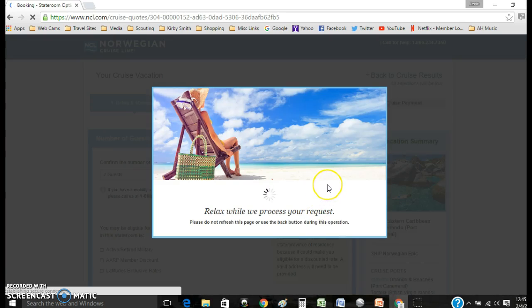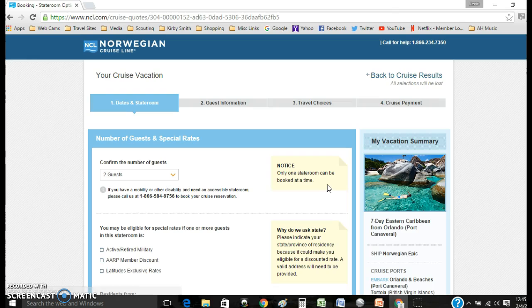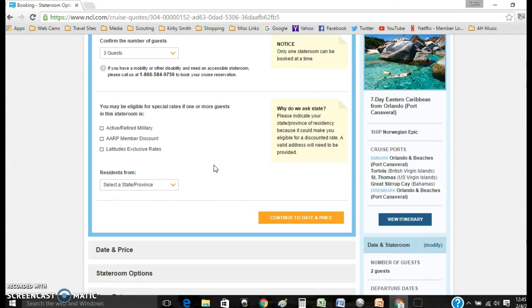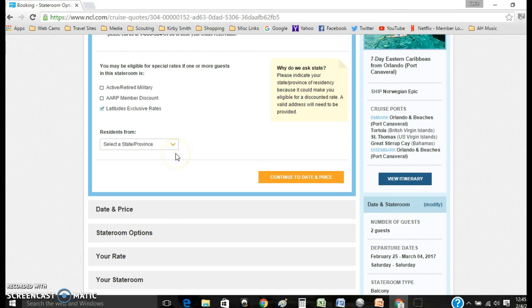Now, it comes to another section. They're processing my request, as you can see. I have 3 guests in the cabin, so I'm going to update that. Now, here's where I can enter special pricing, just like on the Carnival screen, that I might need. I am a Latitudes member, so I can select that. Latitudes is a past guest with NCL. I can select my province, which would be Florida, and I can continue to date and